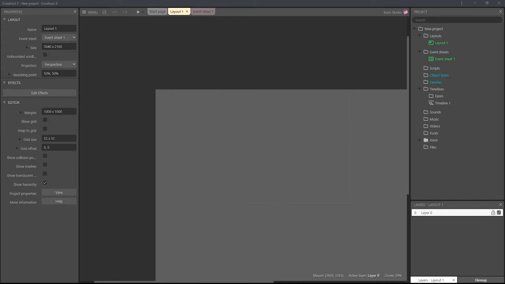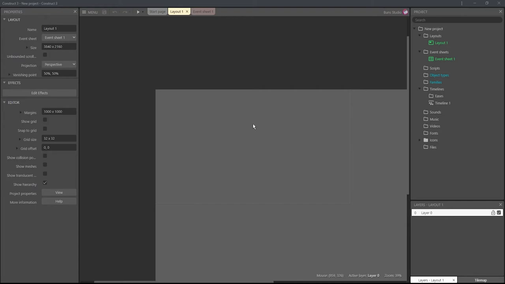Alright guys, the keyboard, one of the most important tools that a programmer can use. I'm going to show you everything that I got out of it in Construct 3. This is by no means a full in-depth professional guide to the keyboard, but I'm going to show you a couple of shortcuts and a couple of things that you could do with the